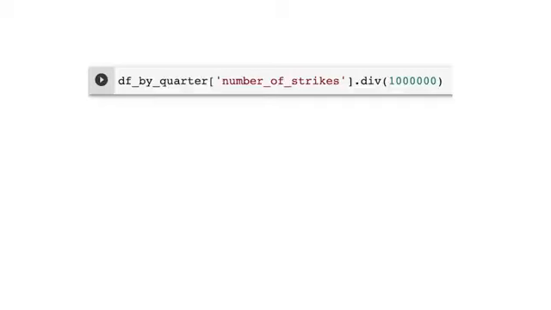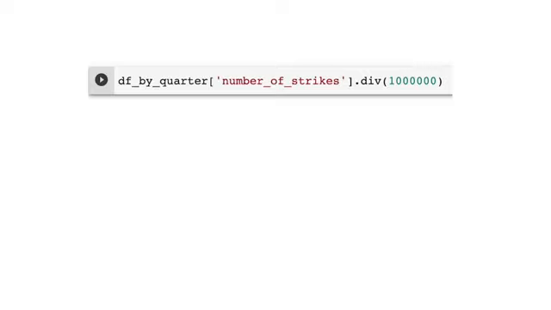For our last visualization, let's plot lightning strikes by quarter. For a visualization, it will be far easier to work with numbers in millions, such as 25.2 million, rather than 25,154,365, for example. Let's create a column that divides the total number of strikes by 1 million.